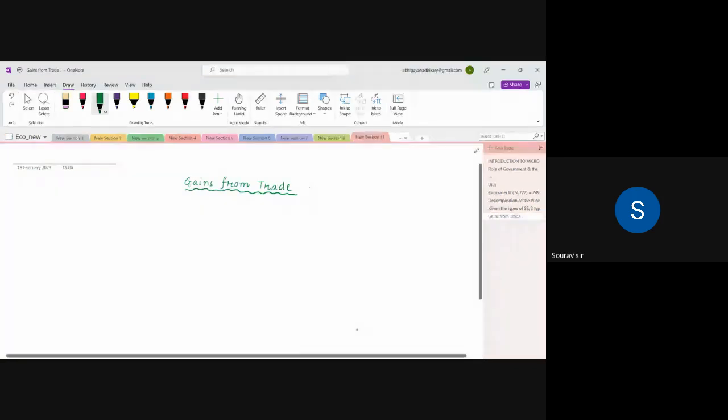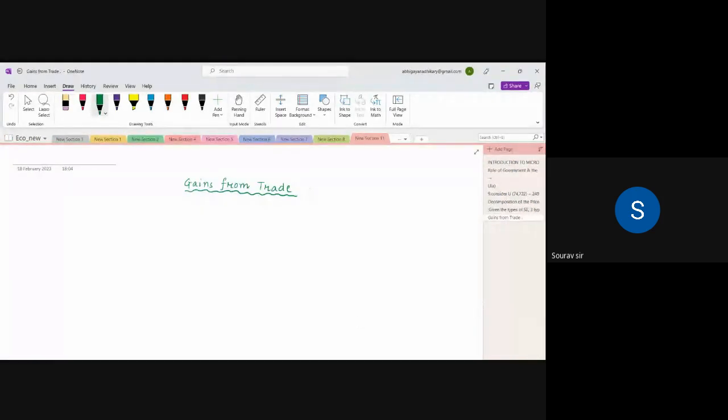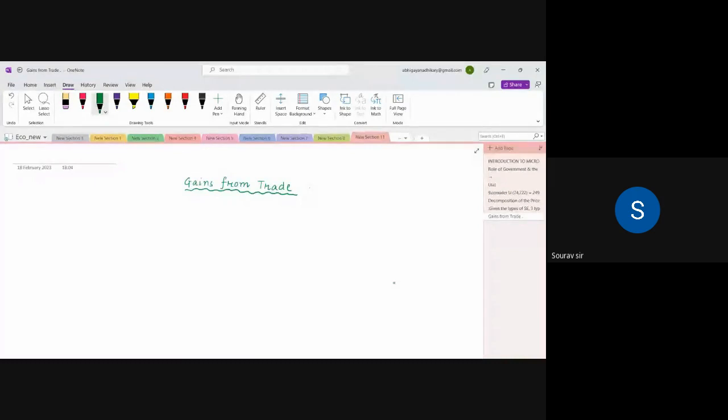So today we will be starting with the topic of gains from trade. Before going into a detailed description of what we are talking about, let me start with a quick example so that we can understand easily. Let's write down a kind of numerical, and then I'll illustrate what essentially I am trying to talk about. Okay, so consider